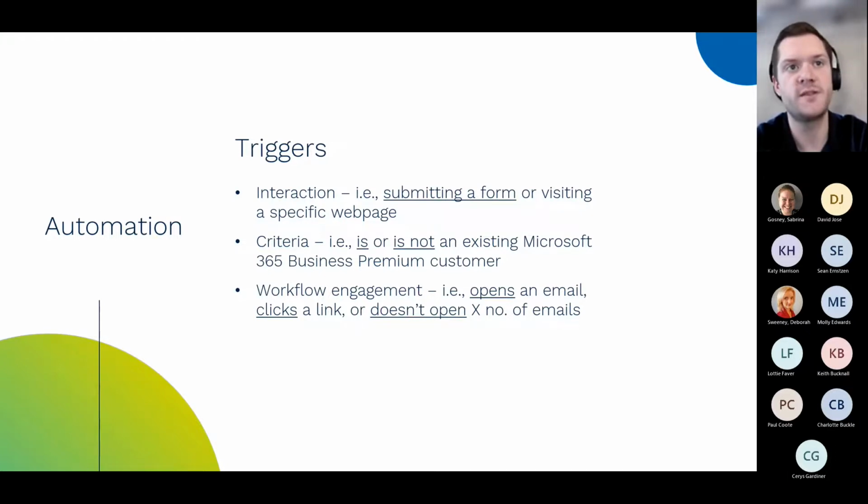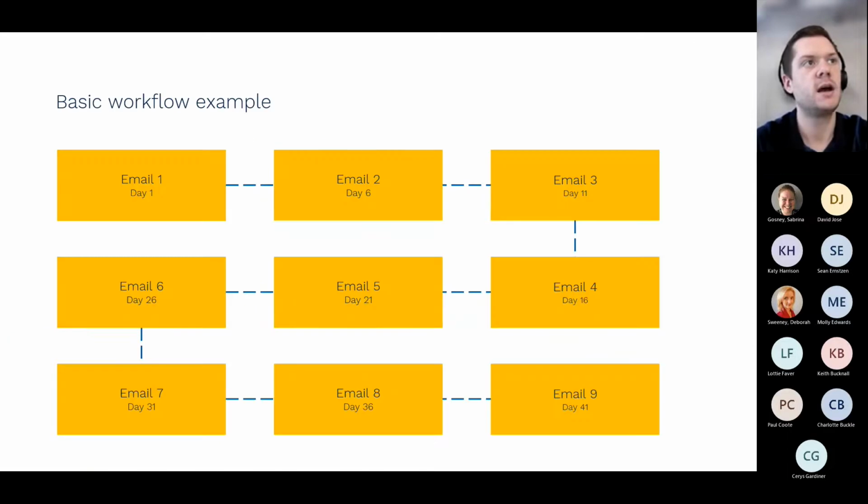And then also from a workflow engagement. So we bring them in maybe through an interaction or through criteria, i.e. if someone opens an email, we can send them one way. If they click a link, we can send them some different comms. Or if they don't engage at all, we can start to engage with them in different ways and think about, okay, why is it that they're not engaging? How do we then serve them more effective or more relevant pieces of content?